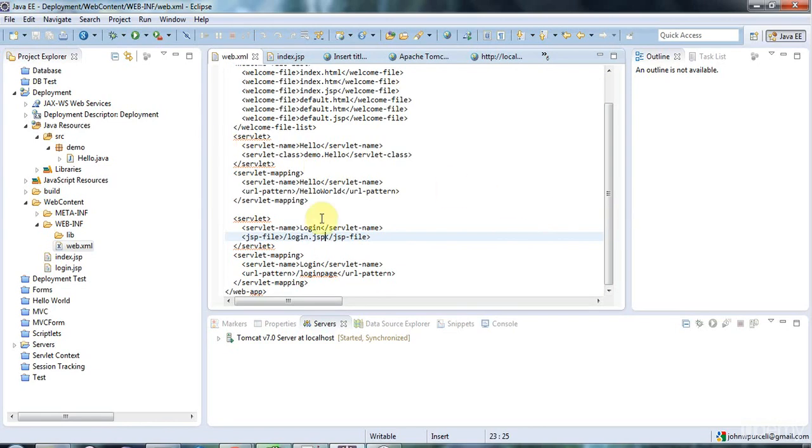So that's it for this tutorial, and in the next tutorial we're going to start looking at how to deploy this web application, and we're going to start by just deploying it to Tomcat on our local machine, and then we're going to look at deploying it to the internet using a